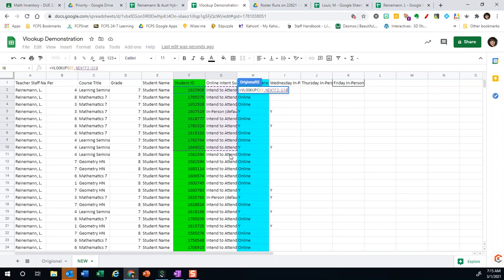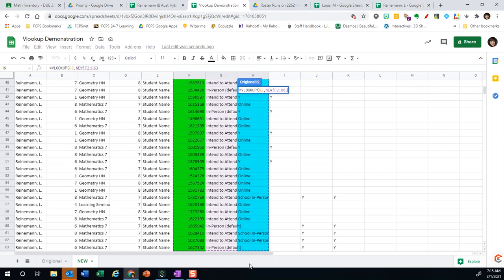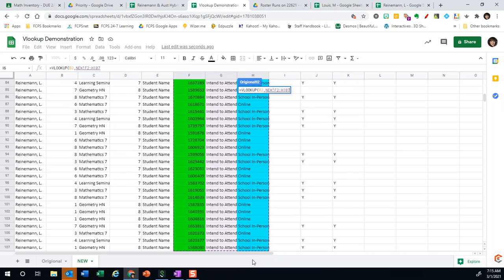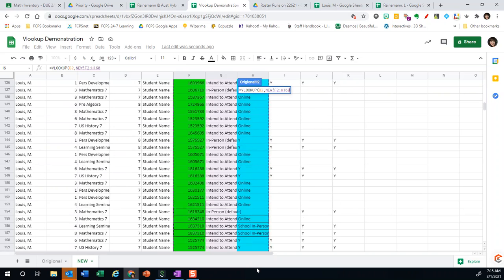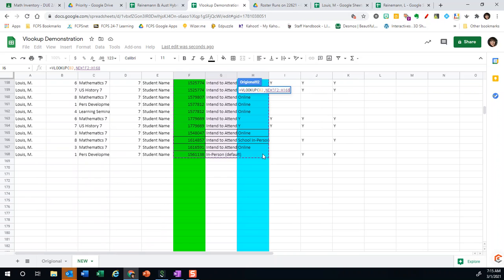And then press down and drag your cursor so you're selecting all of the student IDs and every piece of information all the way down between those two rows. So I want the student ID row, whatever's in between them, it doesn't matter. And then the blue row, the online information that we want to bring over. Once I've highlighted that information and it's in the dotted line, I hit the